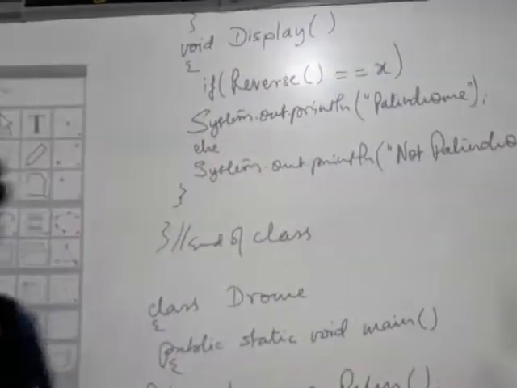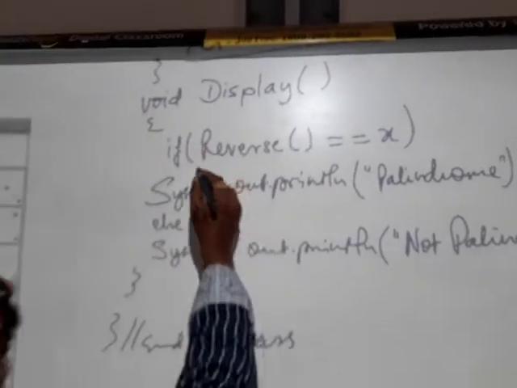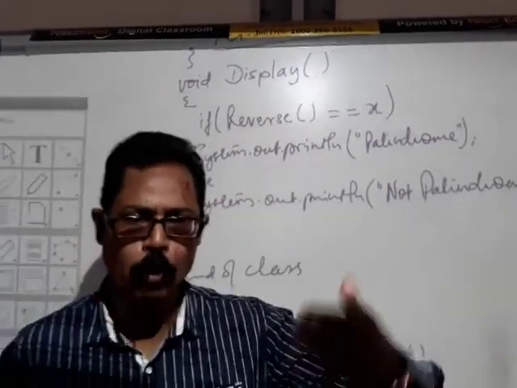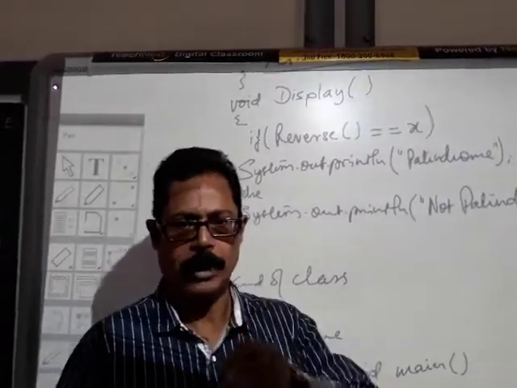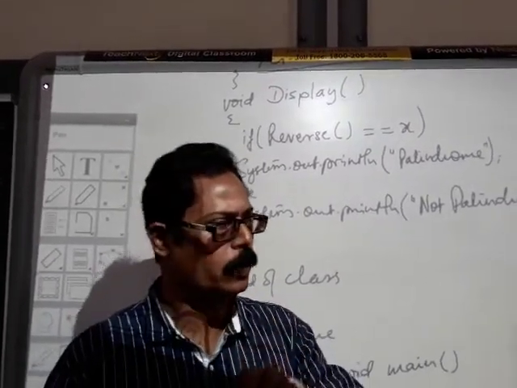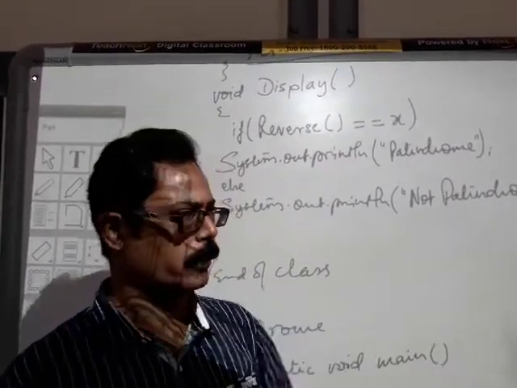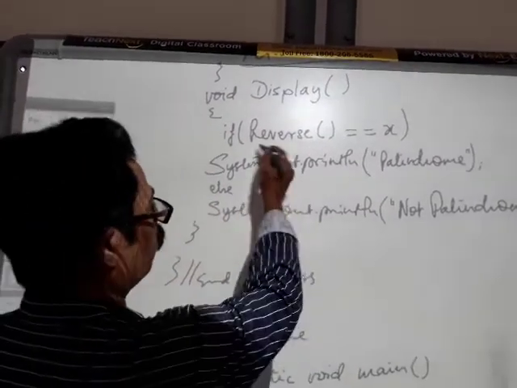Now look at this display. So here what happens? We cannot write rev = x over here. Why? The reason is rev, being a local variable, has its own scope within the function. Outside the function, rev, being a local variable, loses its data type and loses its value. In other words, it loses its significance. So it has no value as such when I bring it over here.